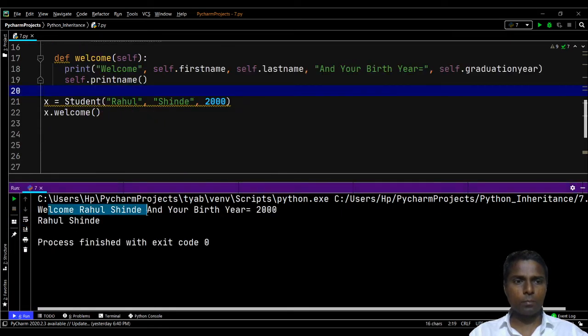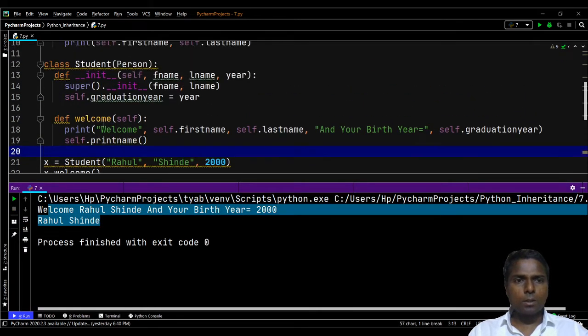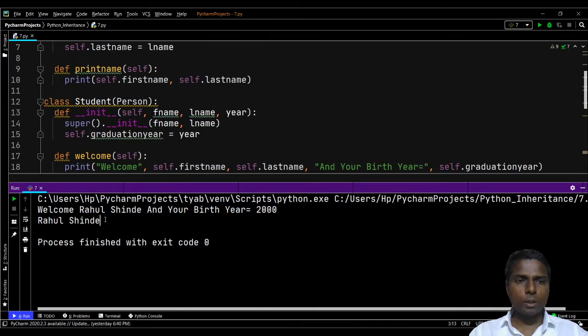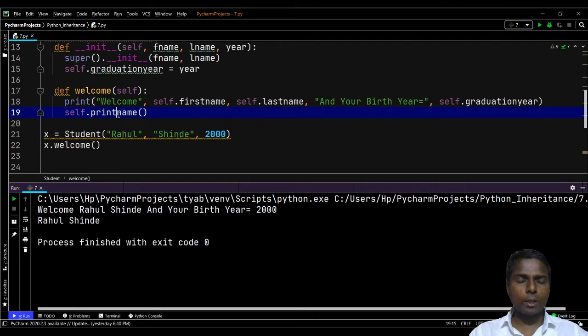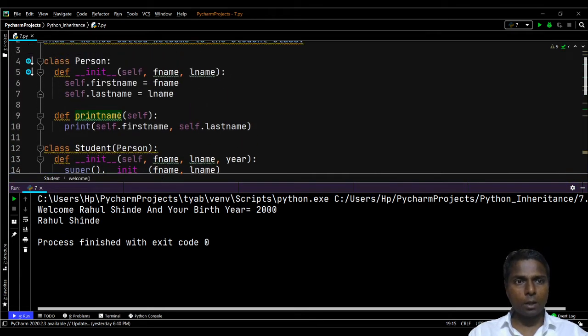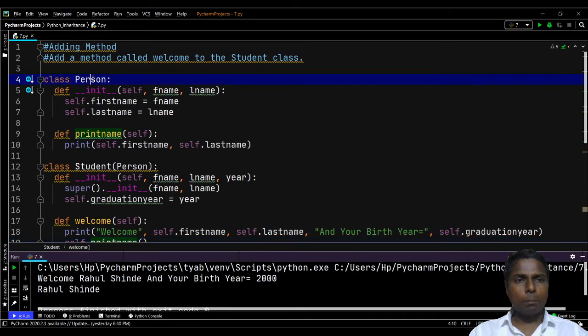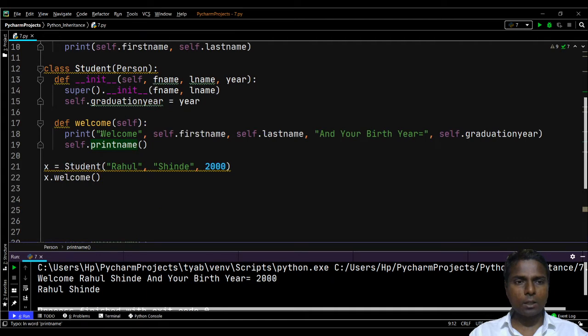So see here. It means print name function also we can call, which is actually a method of the base class. Print name is the method of base class, that also we can access. We can call it from our child class with the help of self.